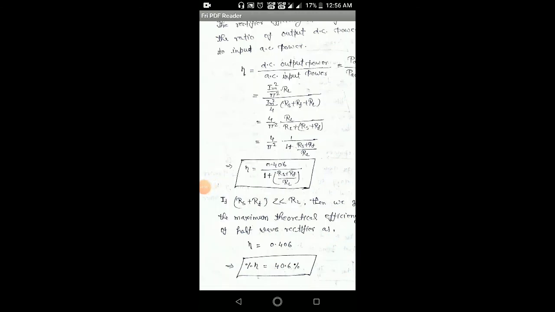Here, the more the rectifier efficiency, the fewer the ripple contents in the output. Thus, in a half wave rectifier, a maximum of 40.6% of AC power gets converted into DC power at the load, and the remaining 59.4% of power is present in the form of ripples at the output, which is the fluctuating component present in the output.